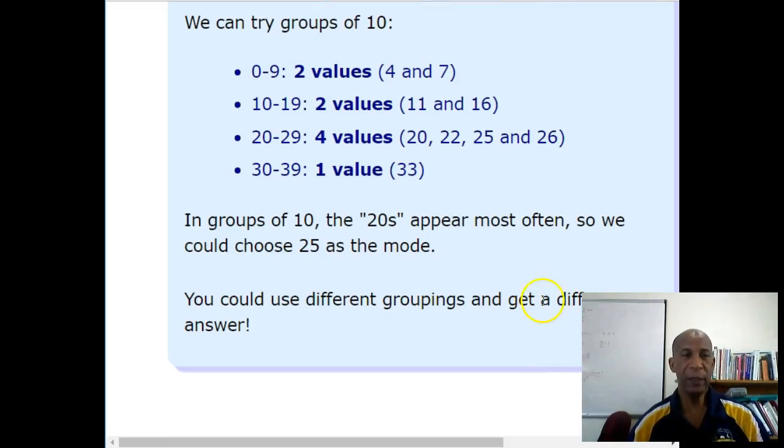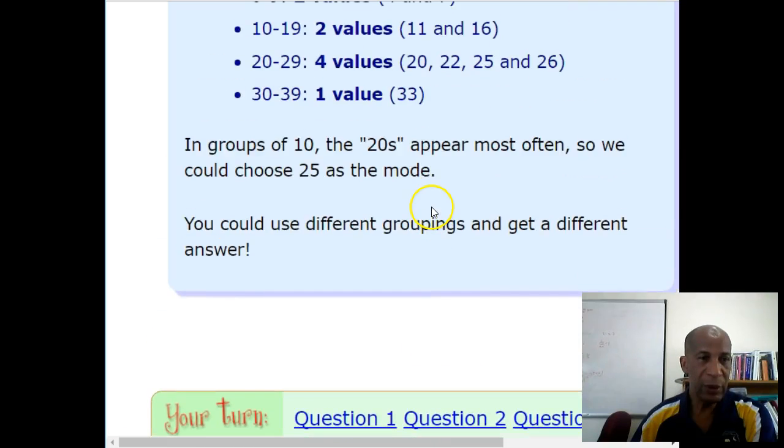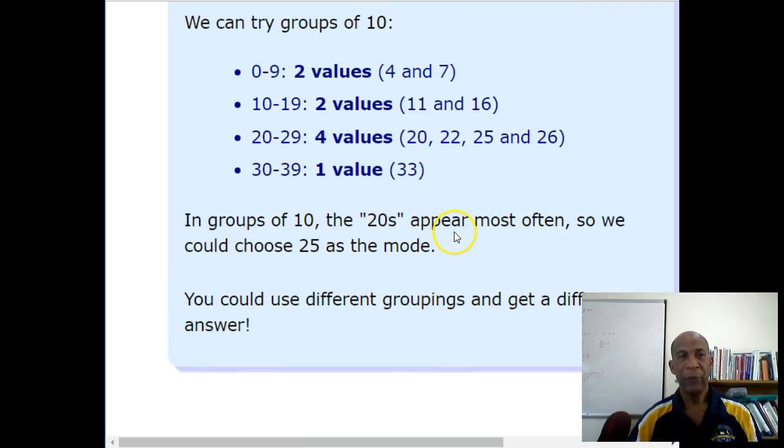In the groups of 10, the 20s appear most often. So we could choose 25 as the modal group. You could use different groupings and get different answers. So that's just the beginning of it. Now we'll take a look at some questions